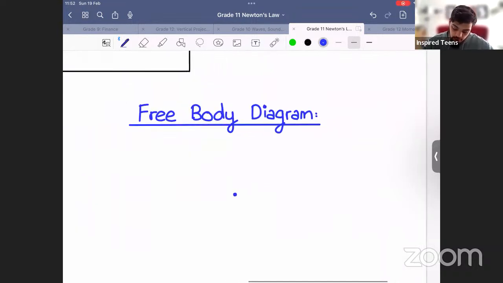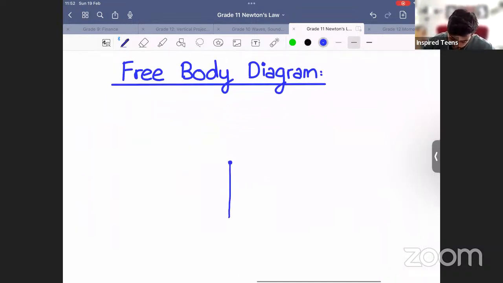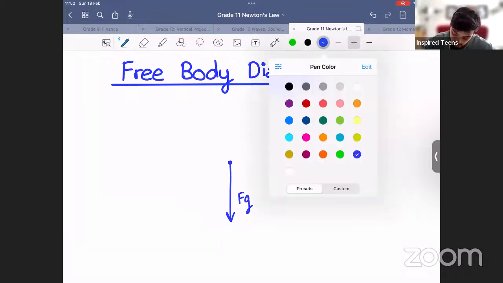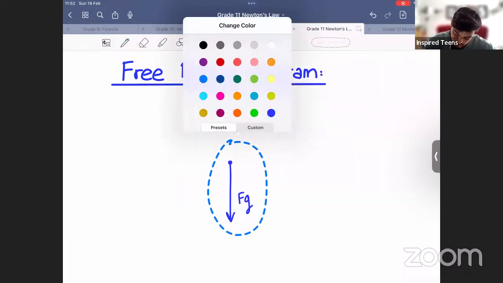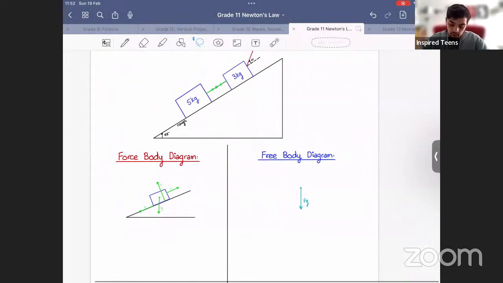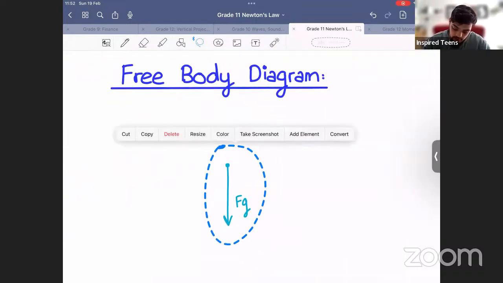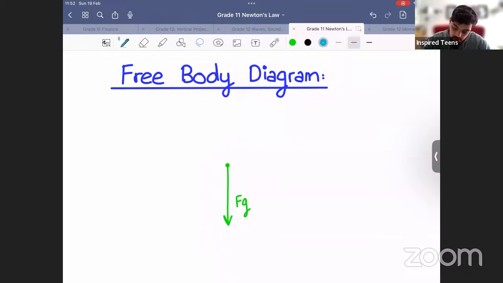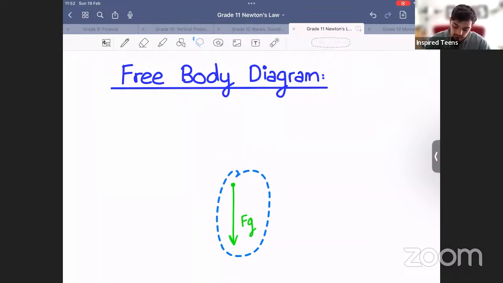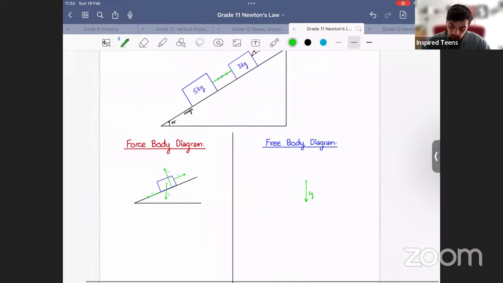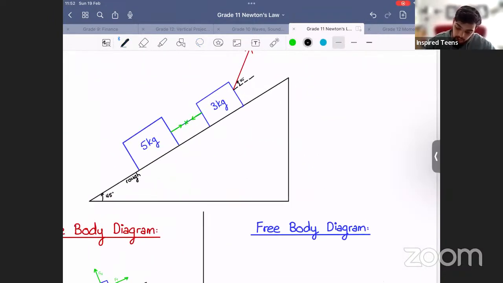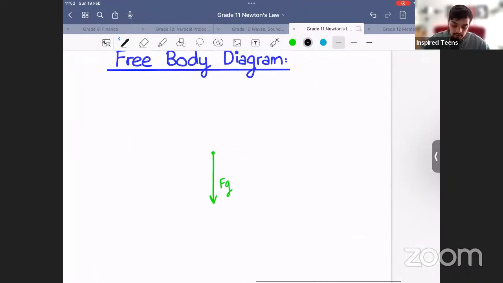Now let's do the free body diagram. So firstly, I'm going to start by always taking Fg downwards. Okay, we take Fg downwards, that's the regular one. We need 4 forces in total. Now, because we're at an incline, okay, step 1, actually, before we did this, draw your dot. Step 1 is to